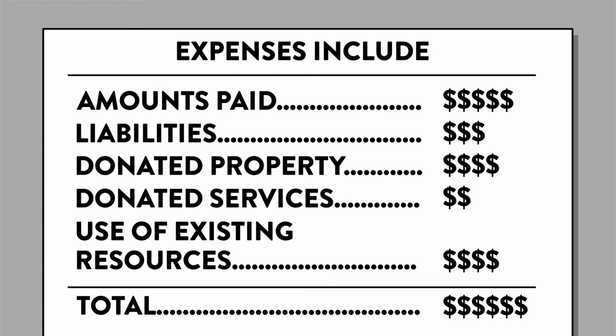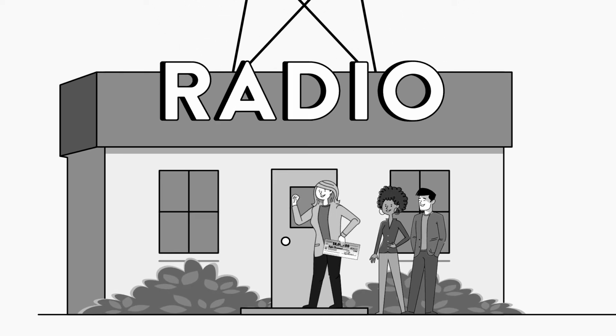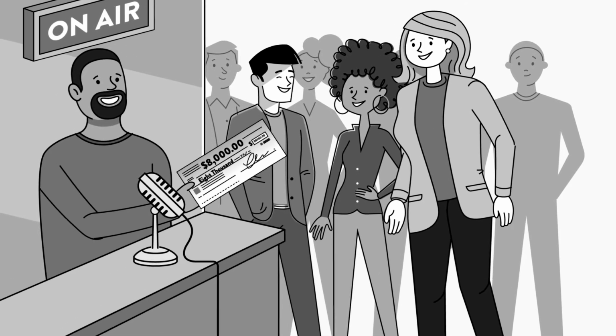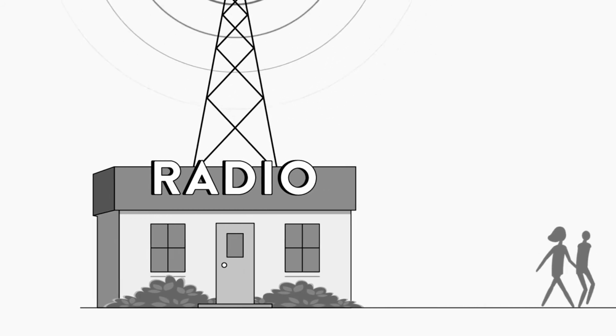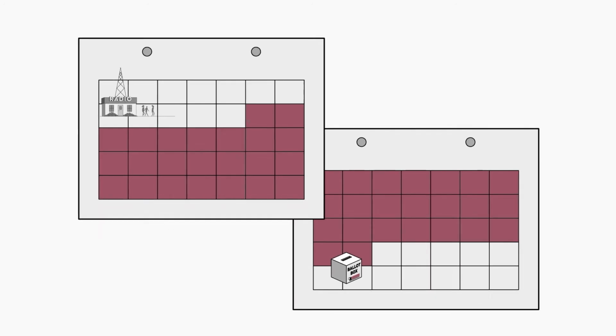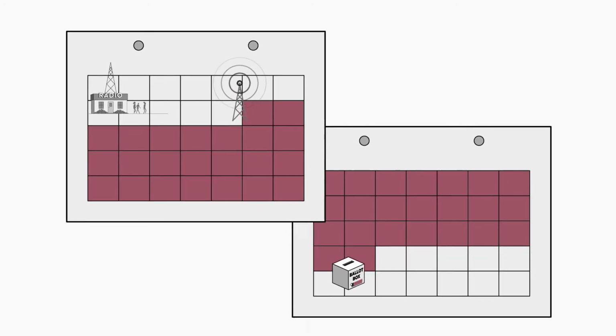Let's see an example. A third party purchases advertising on national radio for $8,000, 2 weeks before an election is called. The broadcast will start on the first day of the election period. Even though the third party purchased the ads before the election period began, the $8,000 is an election advertising expense